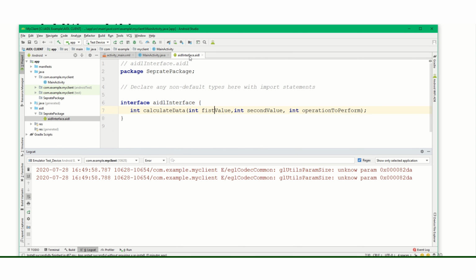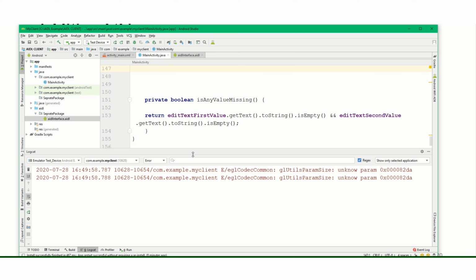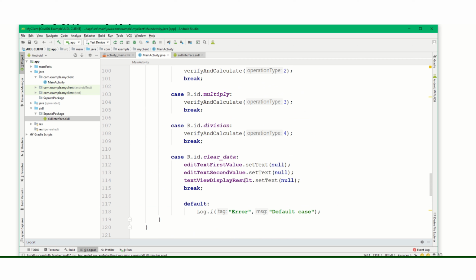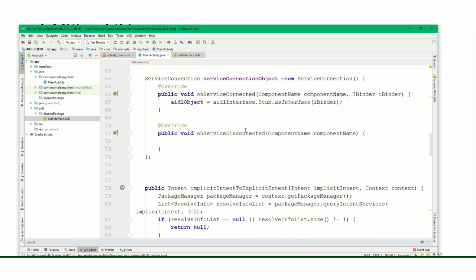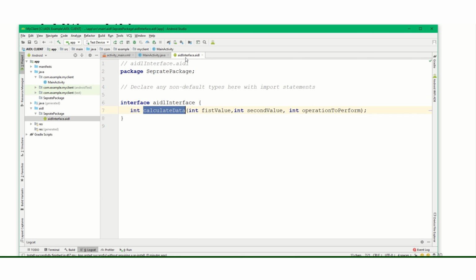The only things that should be the same are the package name, the AIDL number of this method, and this service part, the binding of the service. So you can have 3 clients and 1 service app, and that will also work. And you can have as many methods as you want, like calculate data or print string, something.